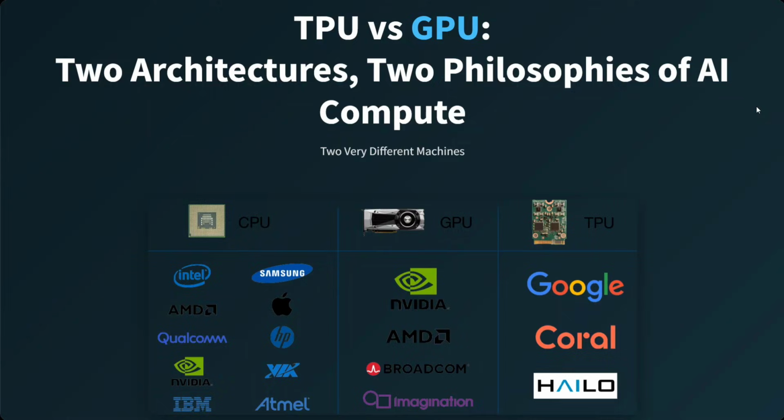And today we are comparing two very important things, that is TPU versus GPU. Two architectures, two philosophies of AI compute. If you don't know why we're talking about TPU, recently Google has released Gemini 3 Pro, which is one of the best models in town. And surprisingly, it is not trained on GPUs, it is trained on Google's TPUs only. So, in this video, I'll be explaining the difference between the two and which one, as an AI enthusiast,